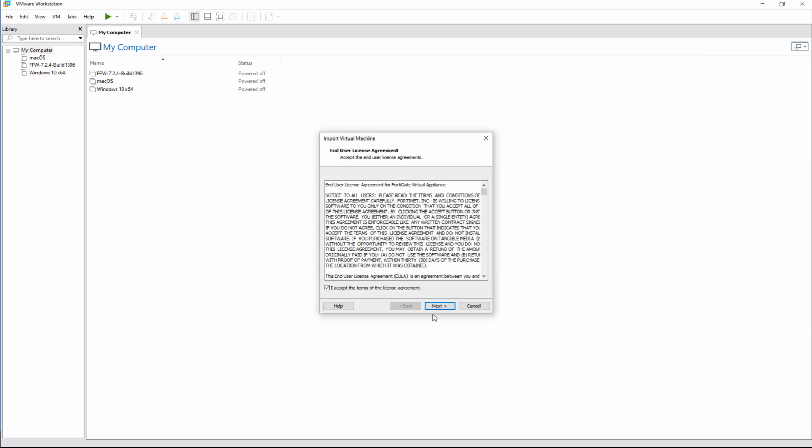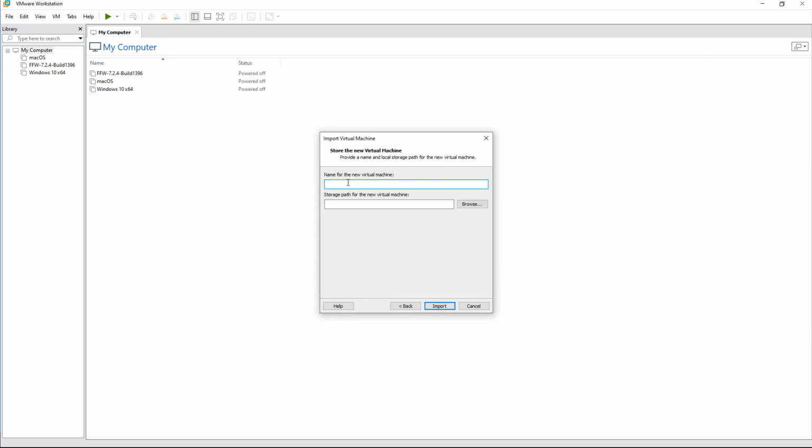I'm going to accept the agreement and go next. I'm going to give it a name. I'll just call it FortiGate. I'll call it FortiGate Firewall. So say FG Firewall. And of course, I could accept the defaults for where I want that firewall